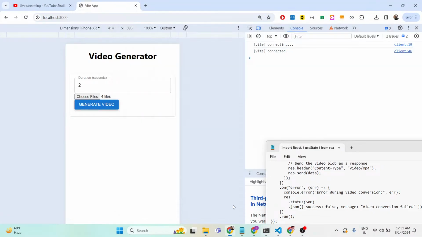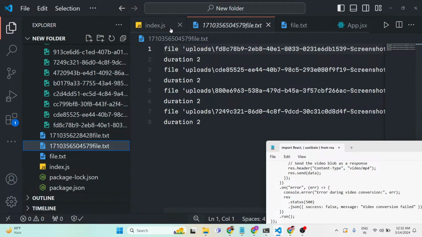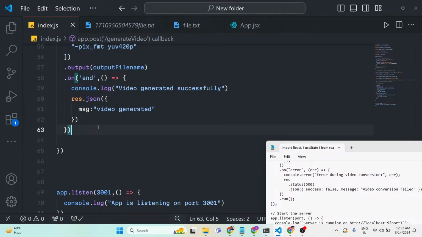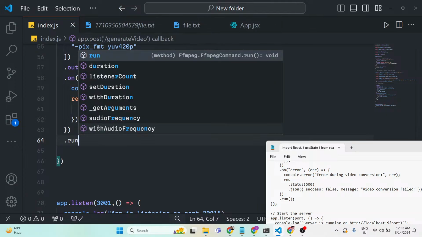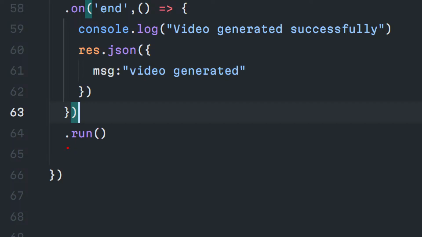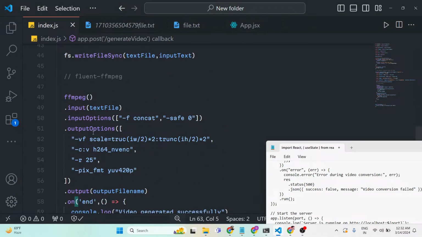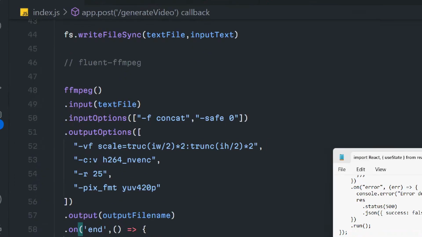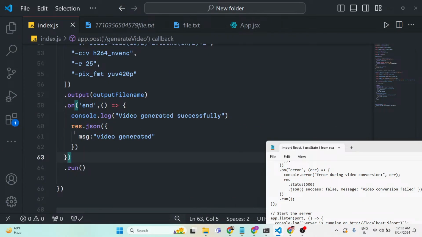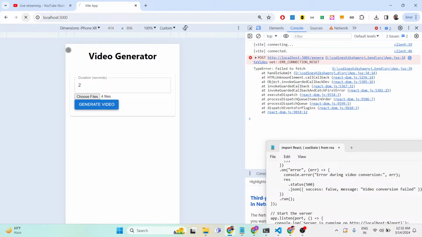Oh, I think I forgot to tell you guys I made a very silly mistake. I didn't run this process. So at last we need to call the run function to actually start this processing. So this run function is required at last. We need to call this in Fluent-FFMPEG to start processing it. These are basically chain of methods you can pass in Fluent-FFMPEG to ease the process of FFmpeg. Lastly, we need to run the command as well. So just do that. And if you now run this,